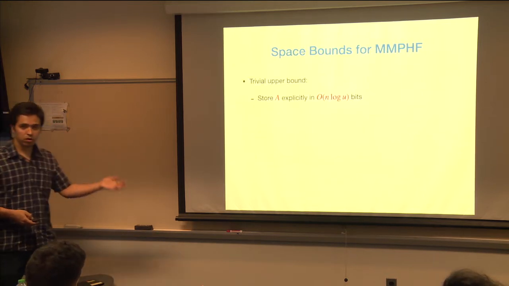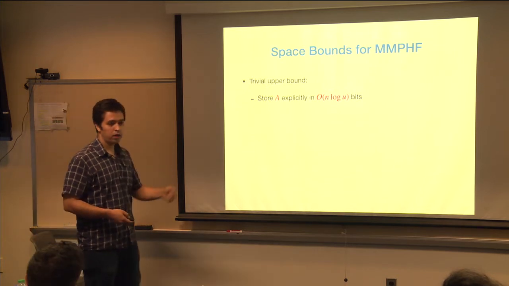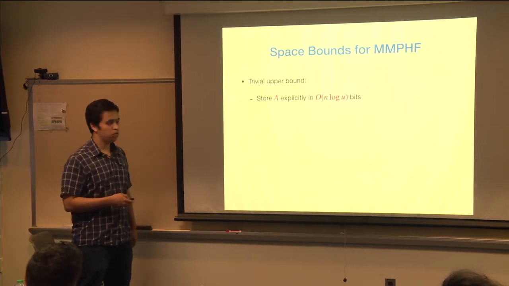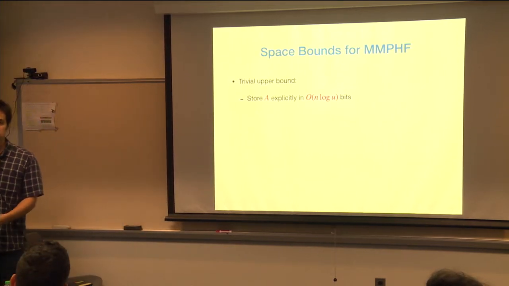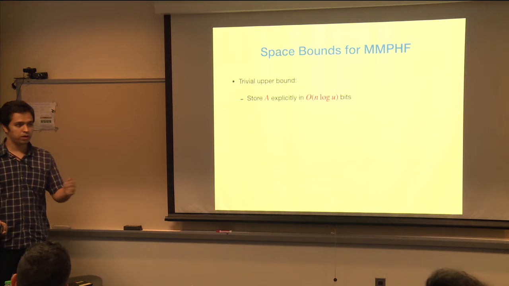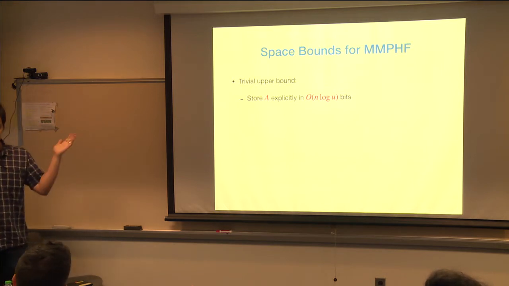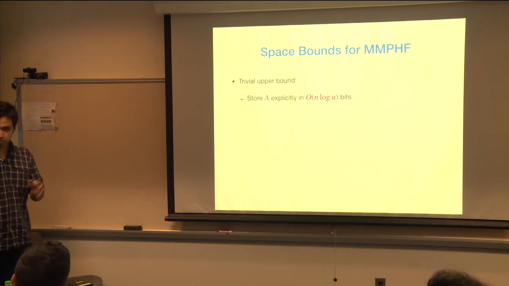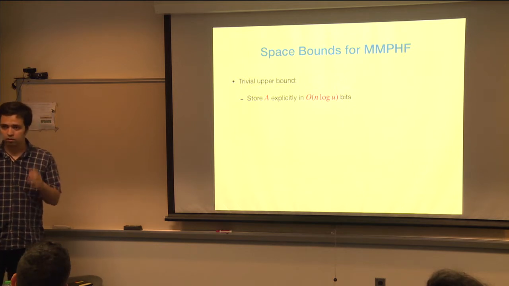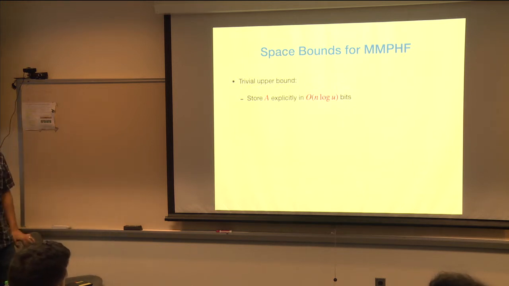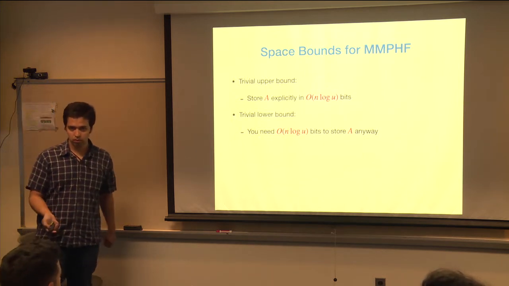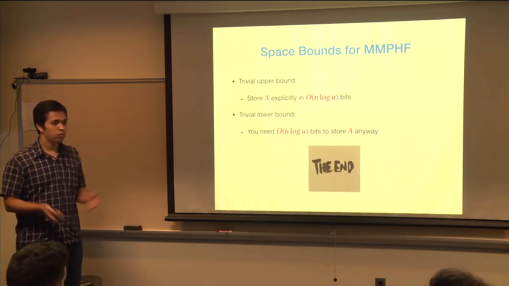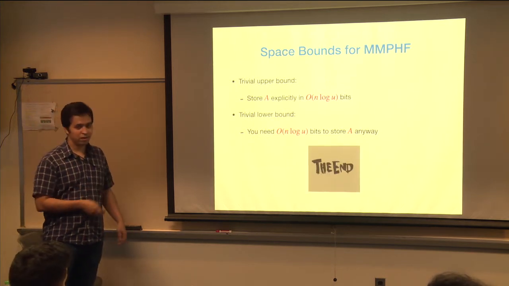Well, what is the trivial upper bound here? I'm just going to store A explicitly in n log u bits. Now, when you give me a query, maybe I sort it before storing it. I'll go over it, I figure out the index, and I return it. Okay, so that's the upper bound. And I mean, you can do things which make it faster, but ignore time. We are talking about space. What is the lower bound? Well, if you want to store A, you need n log u bits to store A. Okay, so I'm done basically. This is upper bound and lower bound. Thank you for